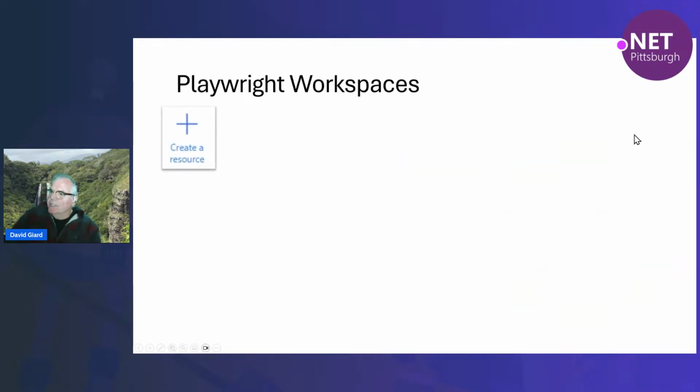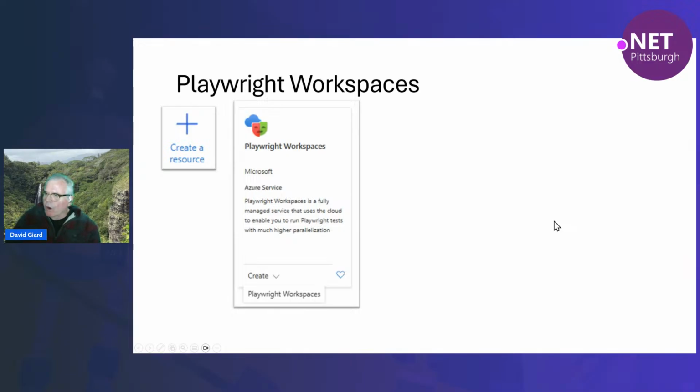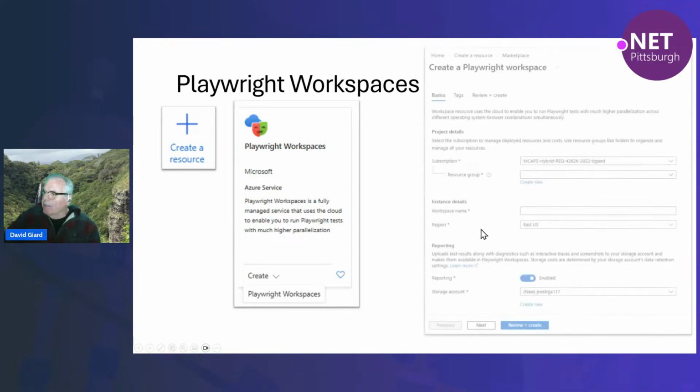And workspaces are, let's see, this is again, I'll show you a demo at the end of these slides, but if you've used Azure before, you know that to get started in the user interface, you go to portal.azure.com, and then there's a big button on the top left that says create a resource. I click that button, and then I can search for the service I want to create. If I search for Playwright workspaces, this thing comes out, and I can click on create down at the bottom of that, and it brings up this dialog right here